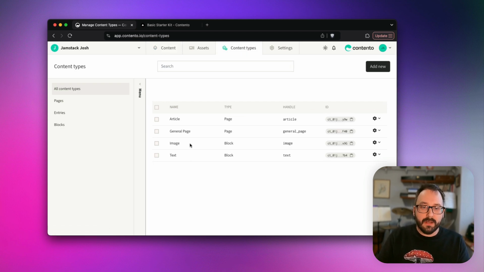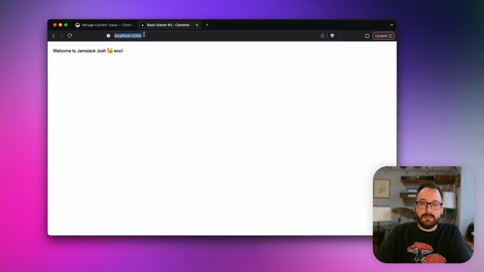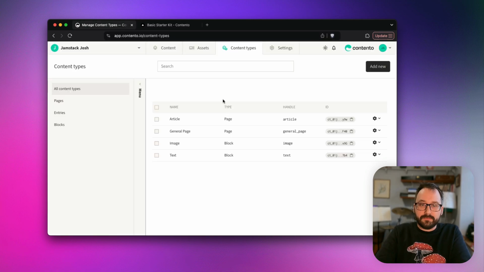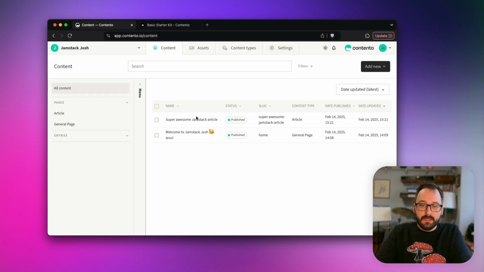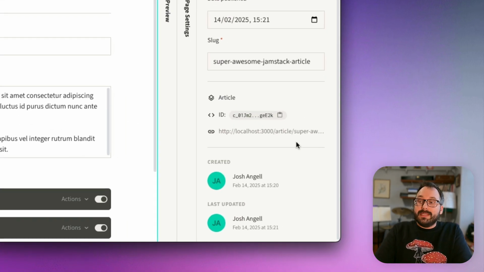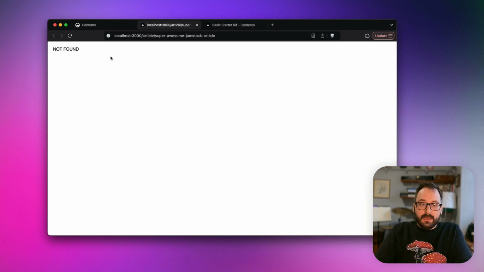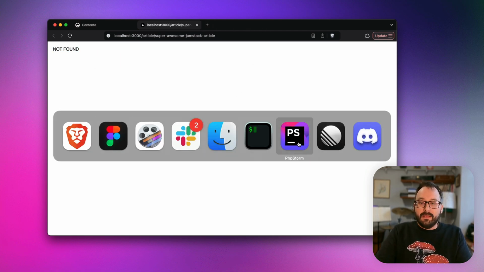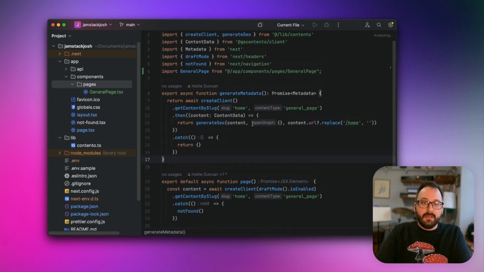Now, I won't go over it now, but basically it's the same process for creating the other content types. What I want to cover next is how to wire that up to my website so that I can see it at the correct URL, which you'll notice, because we set a URI pattern on the content type, Content already knows what that URL should be. So if I click that, I'm going to get a 404 not found right now. So let's fix that and start outputting stuff in